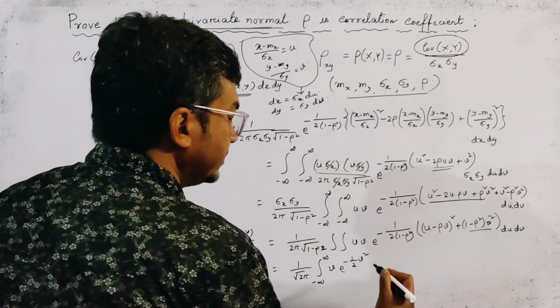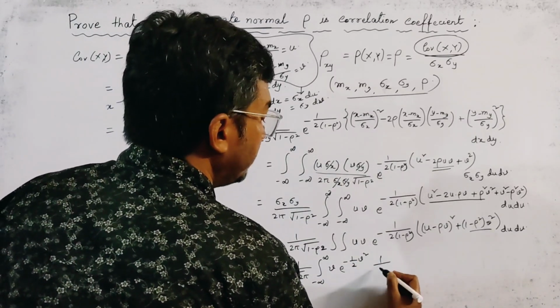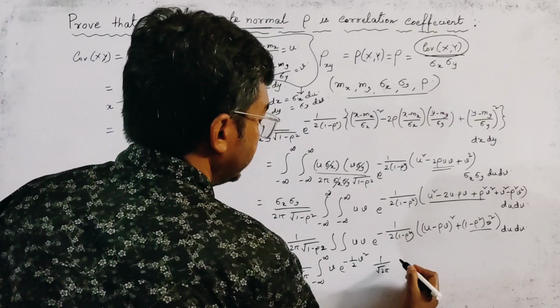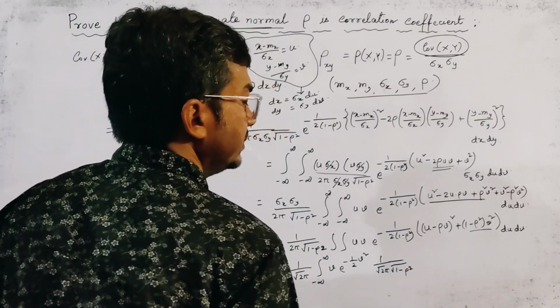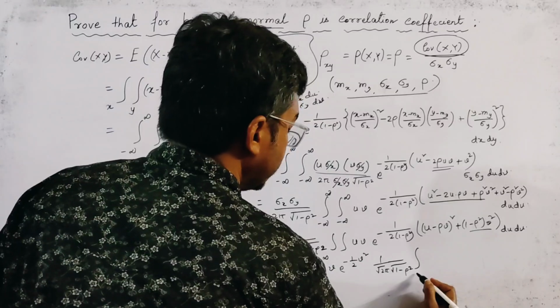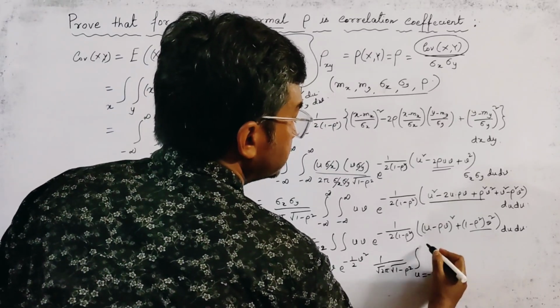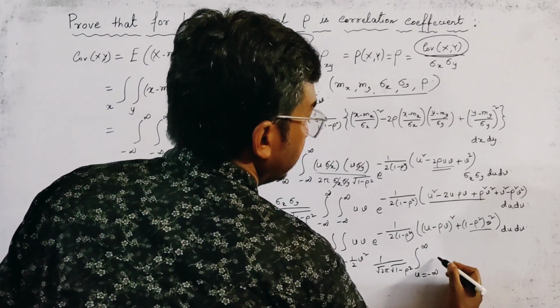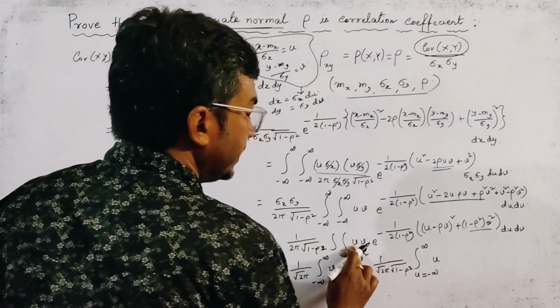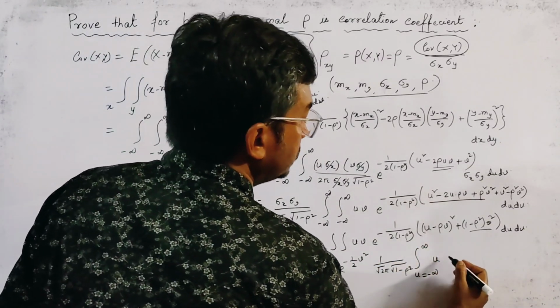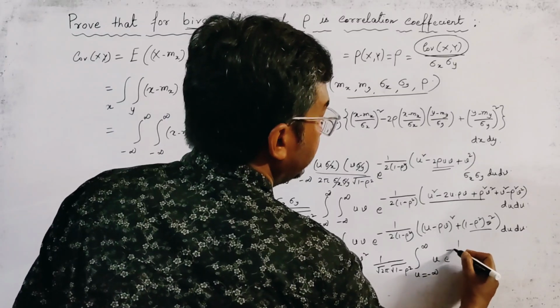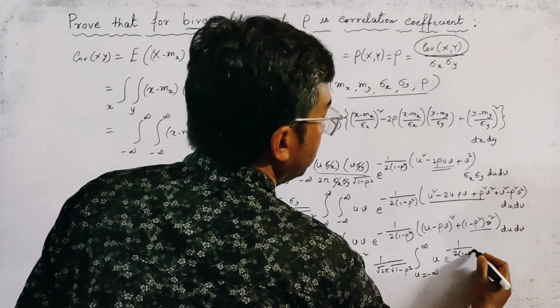Okay, and another term we write 1 by root 2 pi root 1 minus rho square, and this is integration u from minus infinity to infinity, u into, here u remains because here we write only v, so u into e to the power minus 1 by 2 into 1 minus rho square